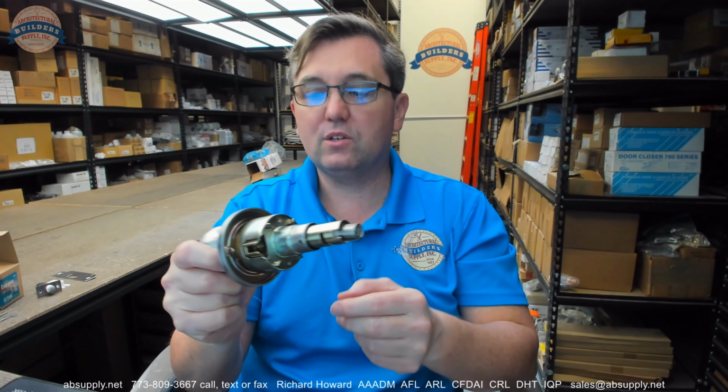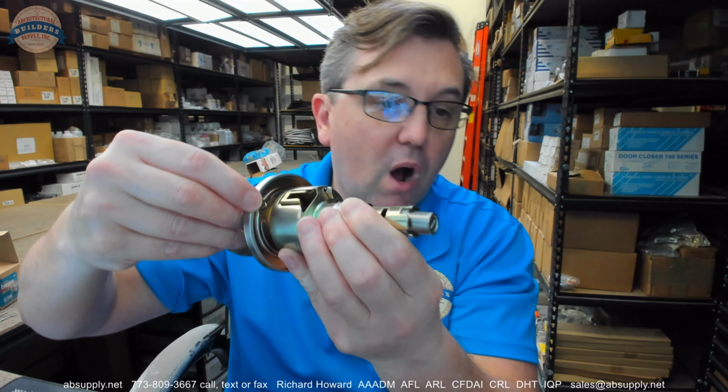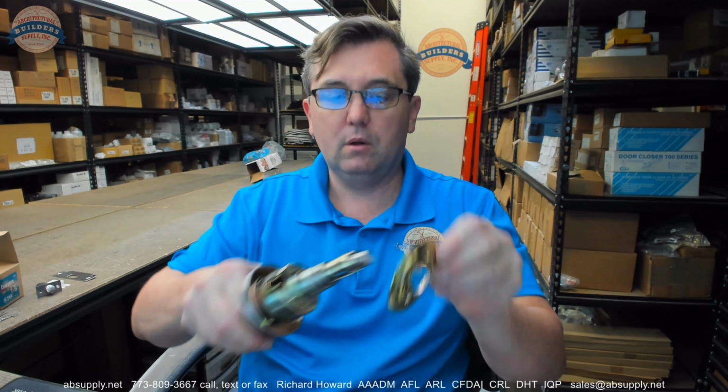Okay? You don't want to put the latch in, put the chassis, and then try to rotate this to adjust it. You have to adjust it first because those prongs are meant to bite into the face of a wood door or a fiberglass door, and if it's a metal-clad door or a steel door, it will literally have little semicircle cutouts at the 3 and 9 o'clock position to accept the prong on this. Okay, it's just an anti-rotation device is all it is. So you'll set that first, and then as we went through that a little quickly, the plate, the two screws,